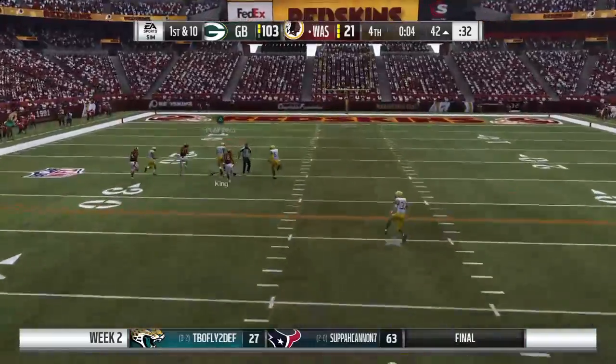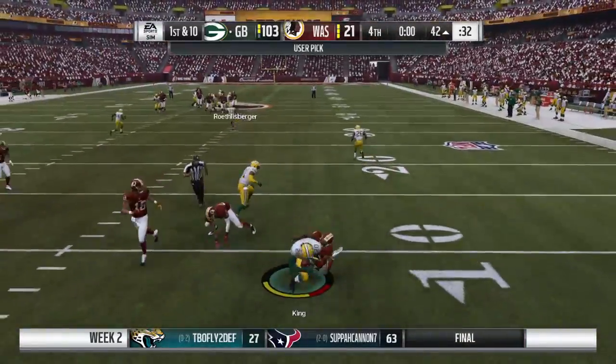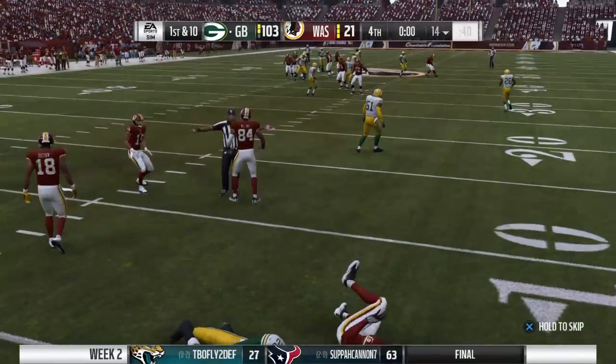Trying to shake off the interception from the last drive. He'll look to throw. And he's going to go down as time is now...